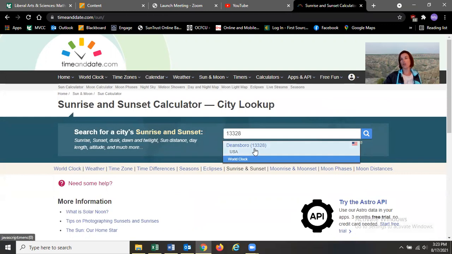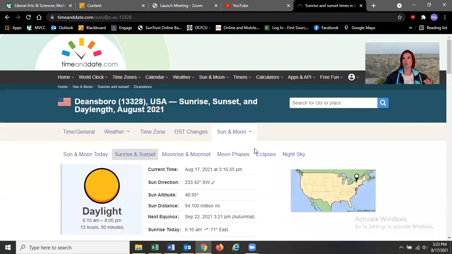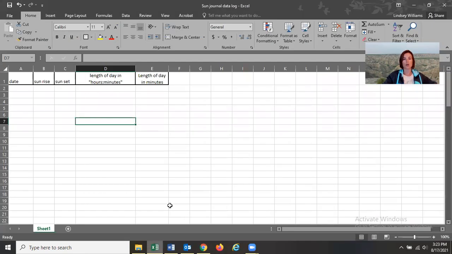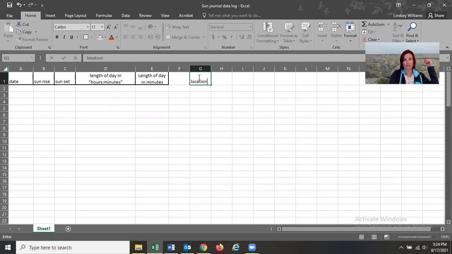Now, when you submit your data log with your graph, because that's all you're submitting here, you need to include your location, okay? So when you go to your sun journal here, in one of these boxes, type in location, whatever, wherever you are, okay? Your zip code or your town, whatever. Then